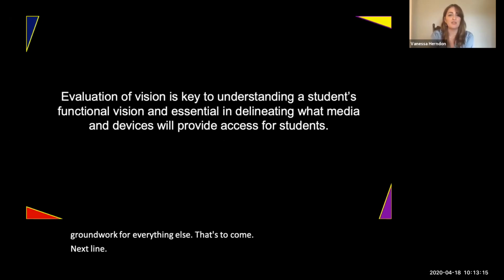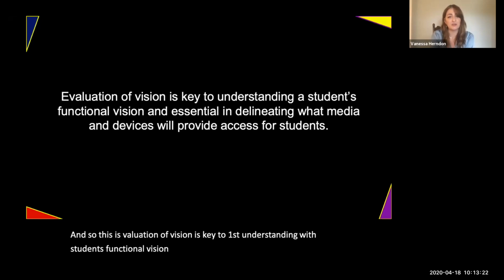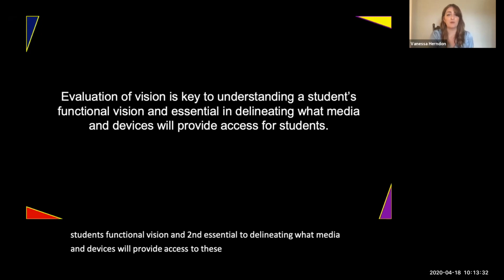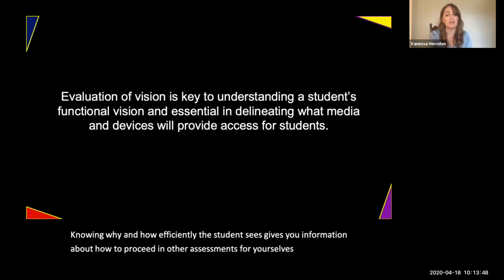So this evaluation of vision is key to first, understanding the student's functional vision, and second, essential to delineating what media and devices will provide access to these students. So it is the groundwork because you need to know how the student will access information, and typically the FVA is done first. Knowing what and how efficiently the student sees gives you information about how to proceed in other assessments